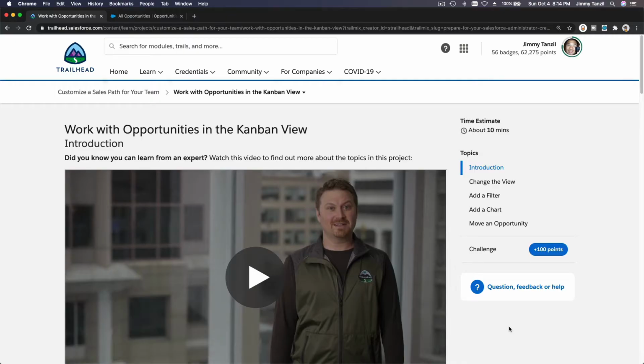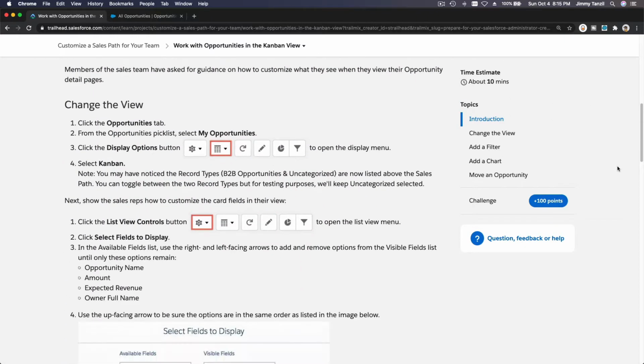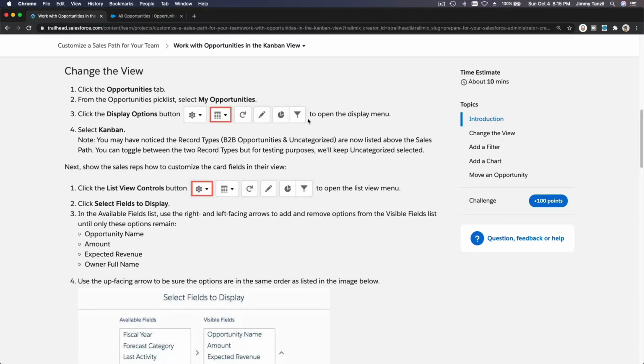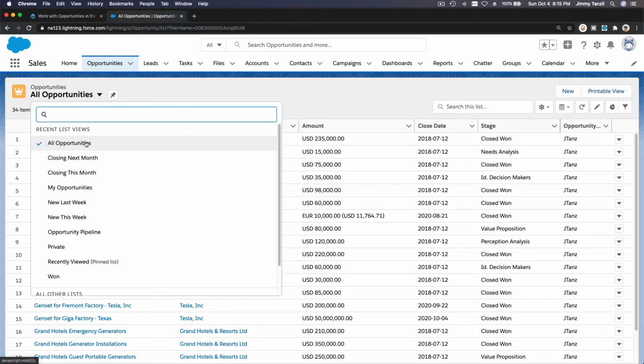All right, the last step for our customized sales path for your team project is the Kanban view. So let's go and see what the Kanban view is all about. To see the Kanban view, I'm going to dive into our playground. Go to your sales app here and then go to the opportunities tab and change the list to all